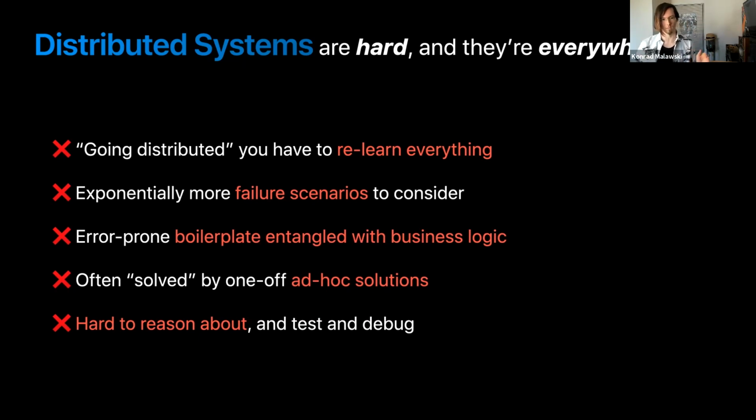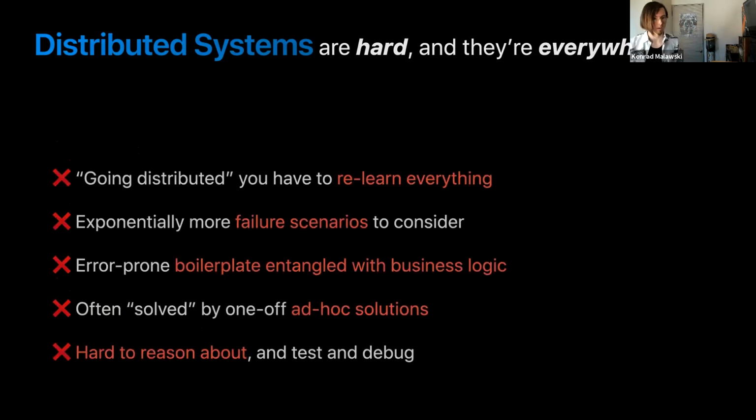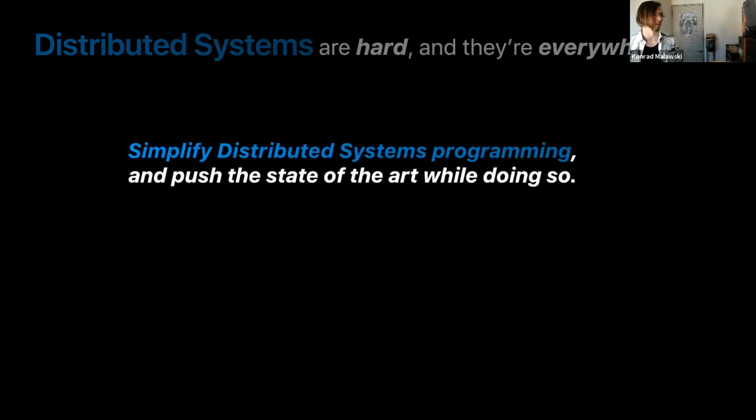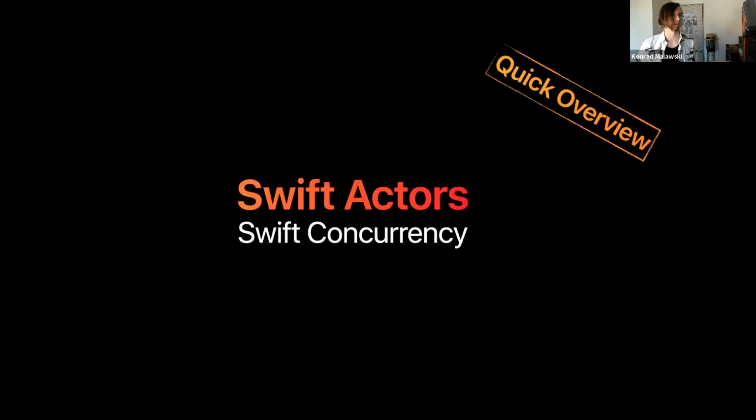So again, there's no linear progression. And they're hard to reason about, test, and debug, because the tools you use to build them are so different from what you're using in local programming. So we want to simplify all of that. We want to simplify distributed systems programming and push the state of the art a little bit as we do that. So we did that, pushing the state of the art with our actor runtime recently,